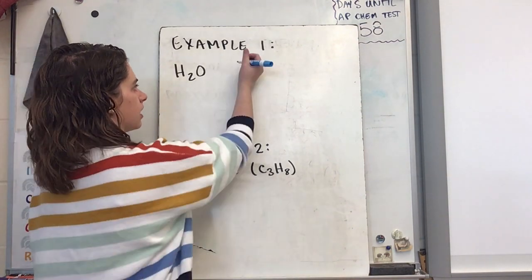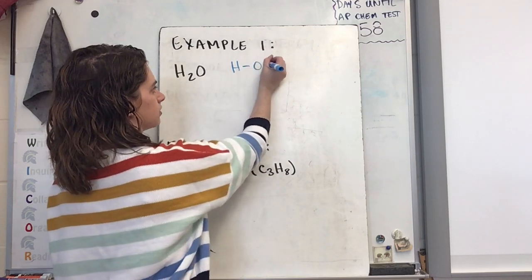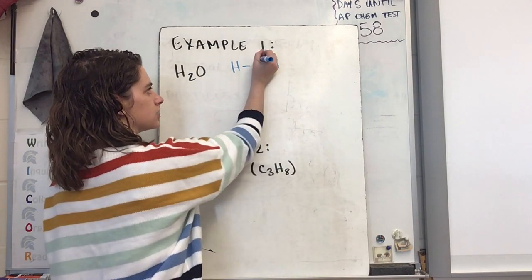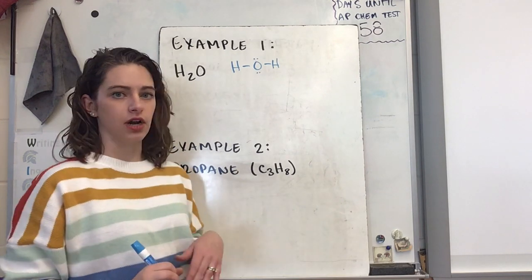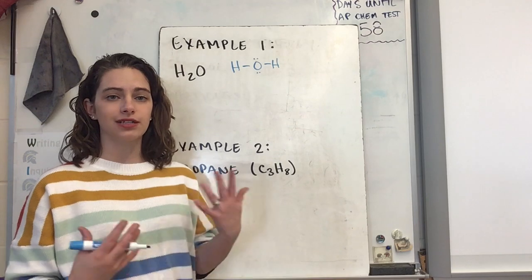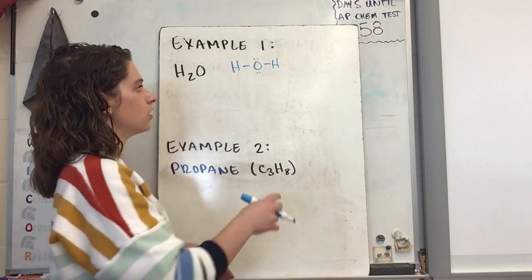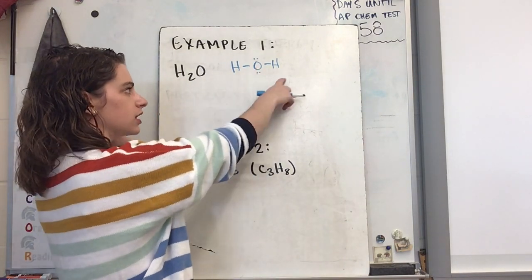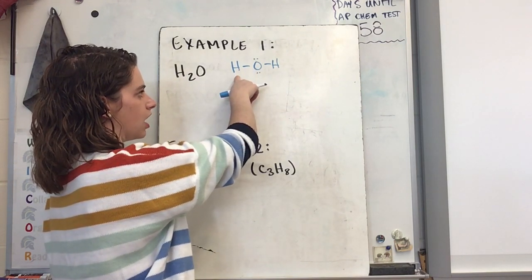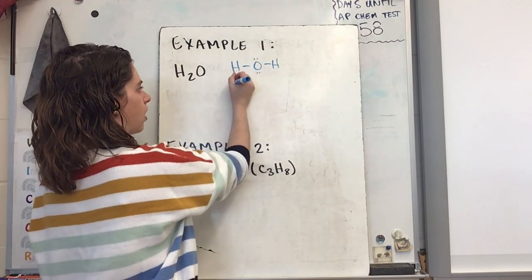So if we take water and we draw it out, it's got two hydrogens. Our oxygen is going to be in the middle. There's going to be a single bond connecting the oxygen to each hydrogen. If you want to draw the complete Lewis structure, it's also going to have two lone pairs of electrons. Now, your lone pairs of electrons aren't going to play a role in your bond energy because they're not participating in bonds. So if you leave them off, that's okay. If you put them in, that's great too. Okay, so we're looking at these two bonds. So if I look at this structure, I've got a bond between my oxygen and my left hydrogen, so that's one OH bond. And then I've got another between my oxygen and my right hydrogen. So that means overall I have two